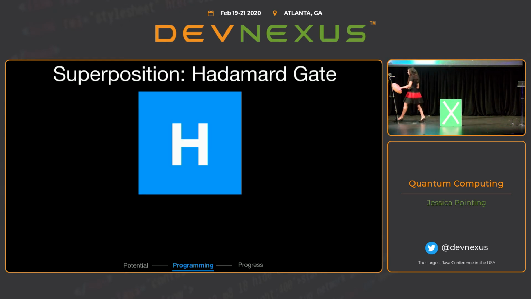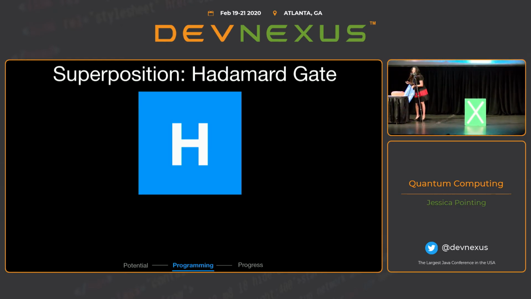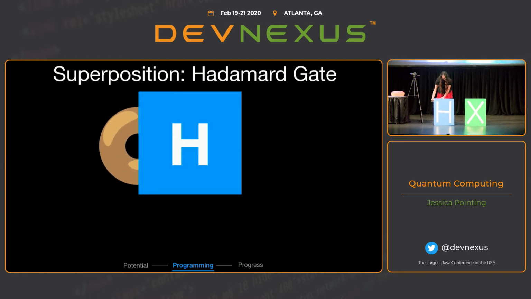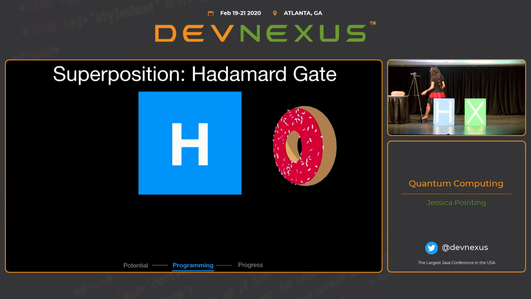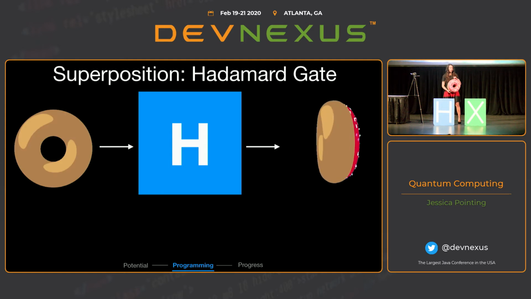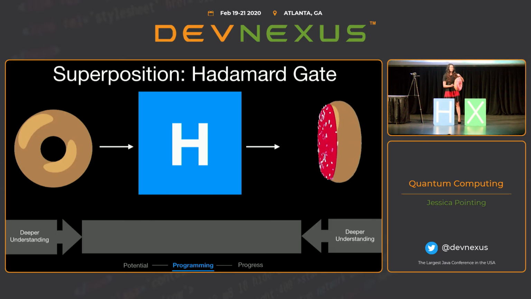So now we have another gate called the Hadamard gate. Now this gate, you put it through, and then it ends up in superposition. It ends up spinning. This is called the Hadamard gate, and this is one of the quantum gates. Now, think about it. What happens, do you think, if you put something that is spinning